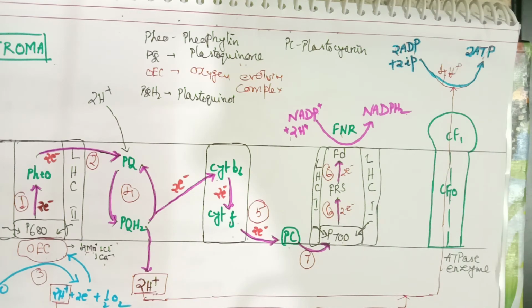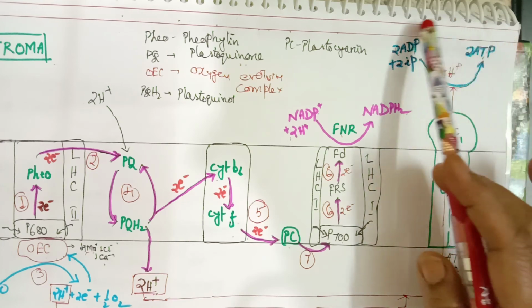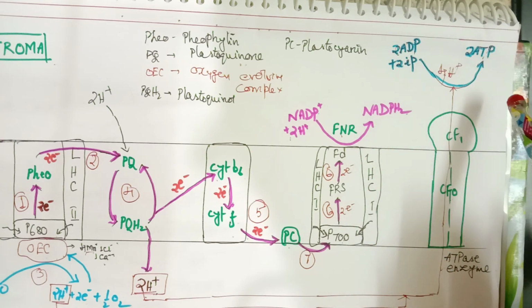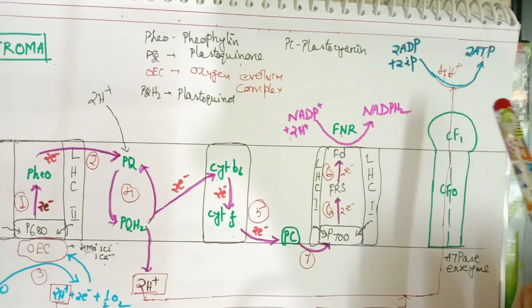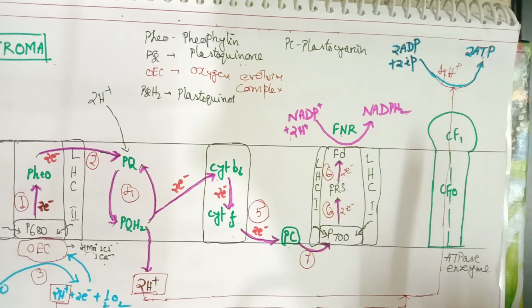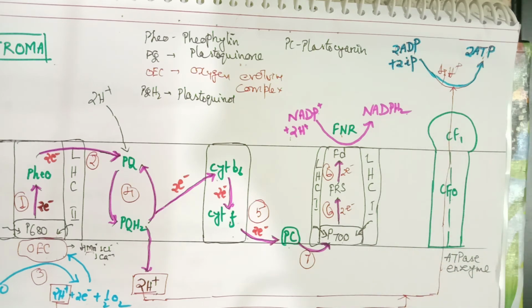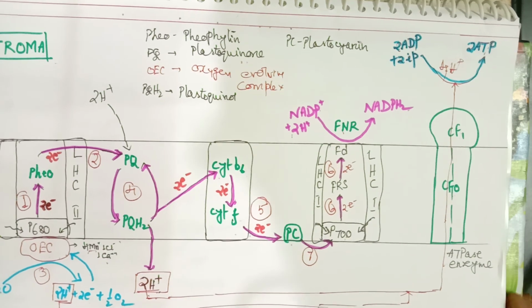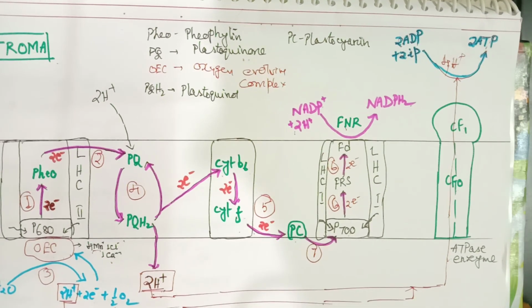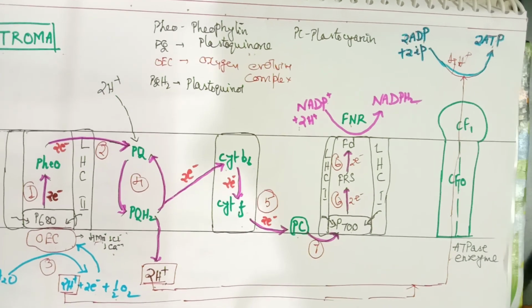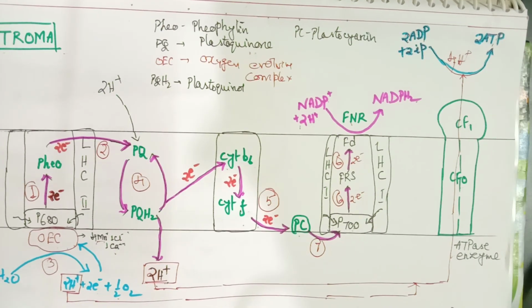The synthesis of ATP molecule is called phosphorylation, and this is taking place in non-cyclic electron transport. So this is called non-cyclic photophosphorylation. Because it is taking place during light phase, it is called photophosphorylation. Now, this is the non-cyclic electron transport and photophosphorylation briefly. In my next topic, I will be discussing in detail about chemiosmosis.